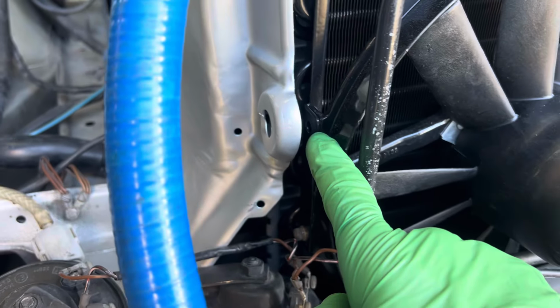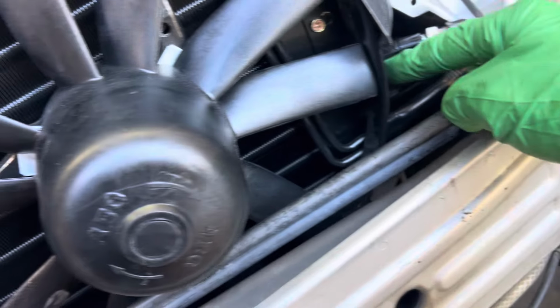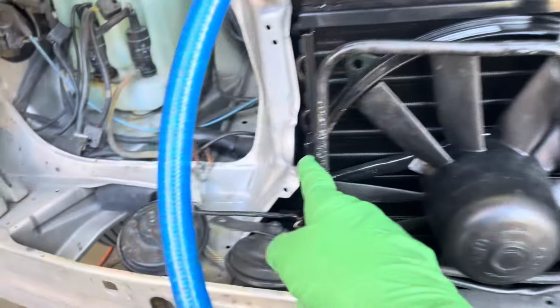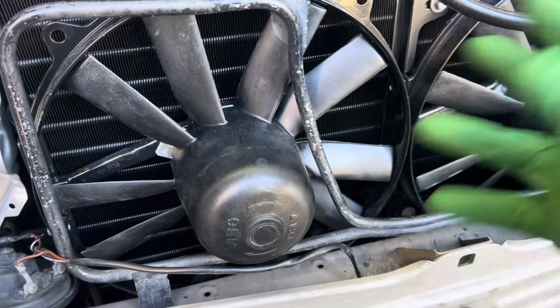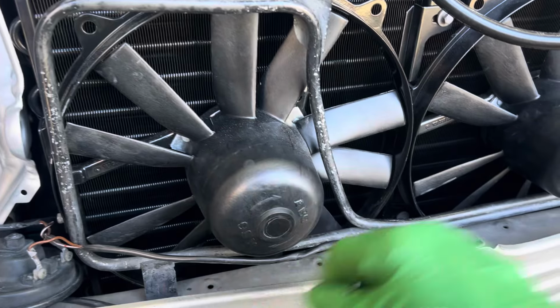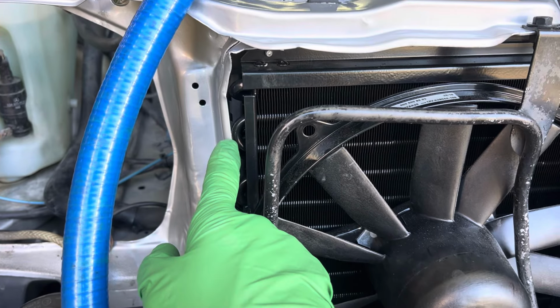Actually, I see there's a bolt missing there. They got one bolt there, and they got one bolt here. And he has the other bolt there, it's just missing right there. The other one, it would not line up. So this fan condenser combination is working. It's lining up. We just have a little problem where the sheet metal is going to wear a hole, because